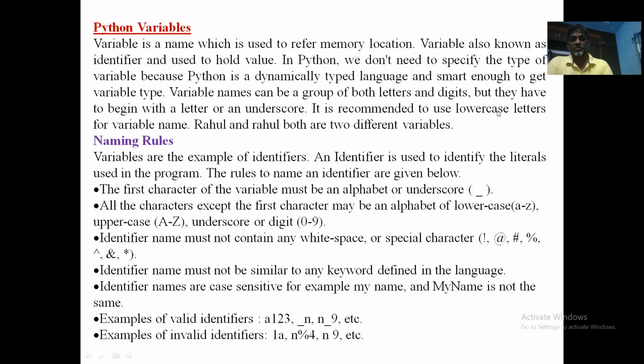Okay, and in Python, the first thing you need to understand is you don't need to declare a variable to use it in your program. You can directly use the variables whenever they are required in the program.